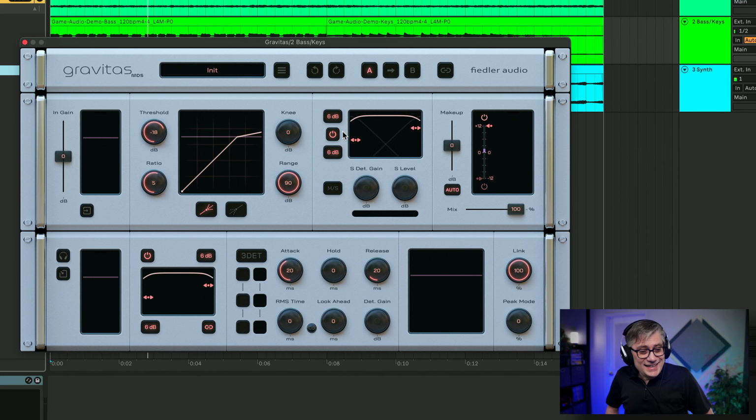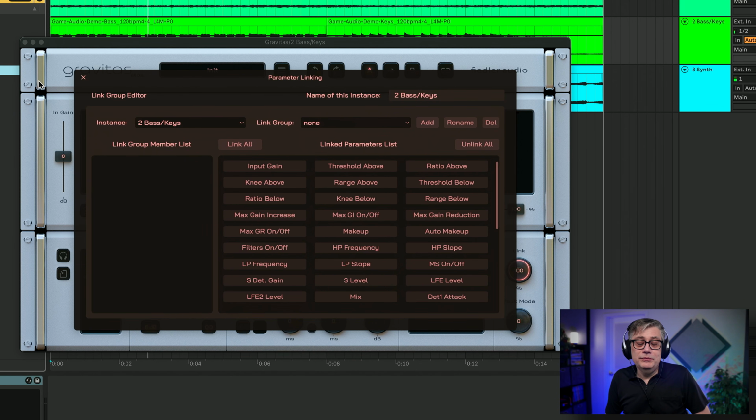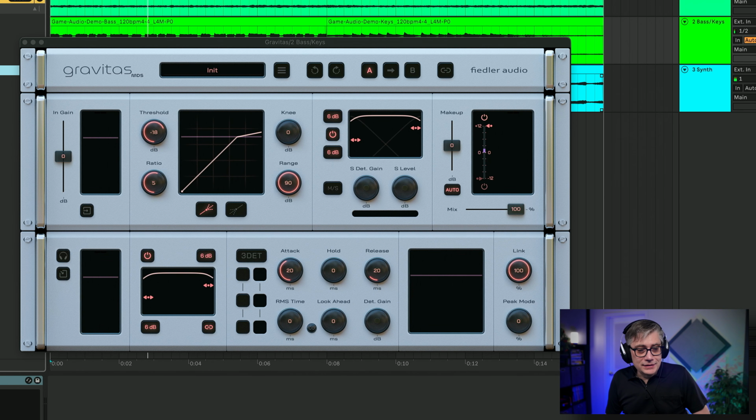Now, in essence, Gravitas consists of three modules. There's a top module here on top that contains all the usual suspects like a preset menu and an A/B possibility. And then there's also this little parameter linking window that we are going to talk about a little bit later. Then we have a center module, and this center module essentially contains a lot of information about how the